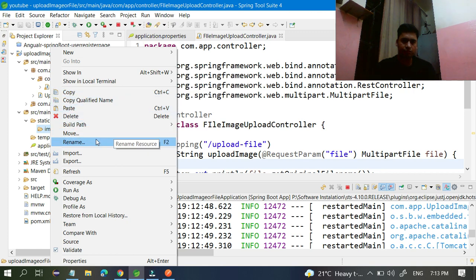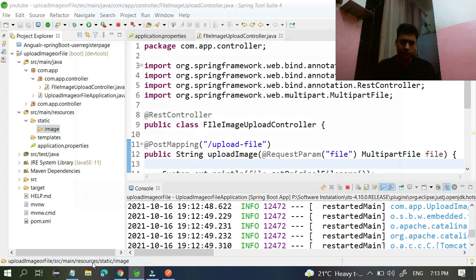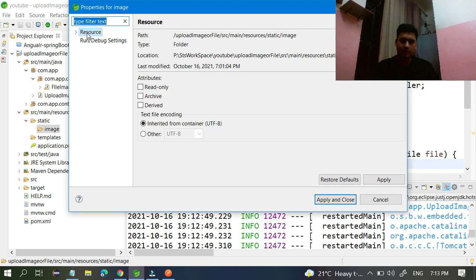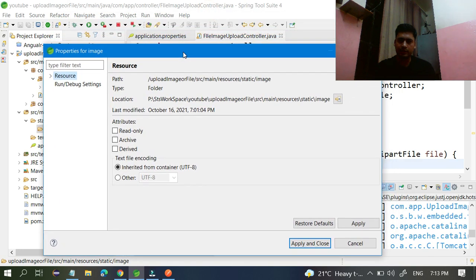You can copy the directory from the properties also, no problem. Under resources, here you can see the location or path of your data. So click on this. If you click, you directly go inside the image folder. Open this.